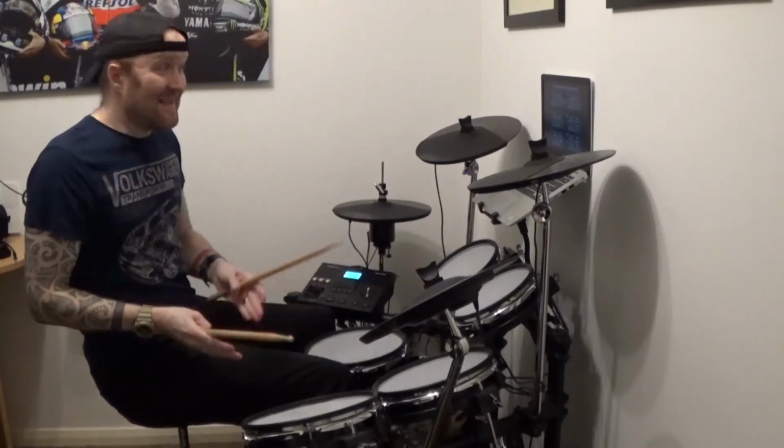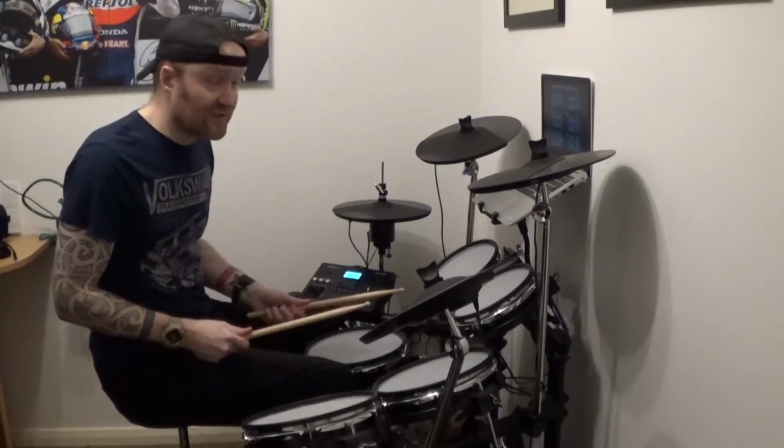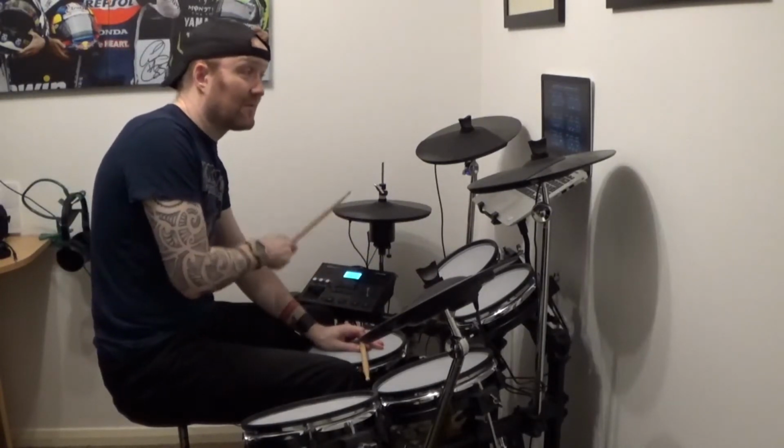Pattern 14 is the same as pattern 12, but you've got one rim shot on beat 3 and a snare drum on beat 7. So pattern 14 sounds like...